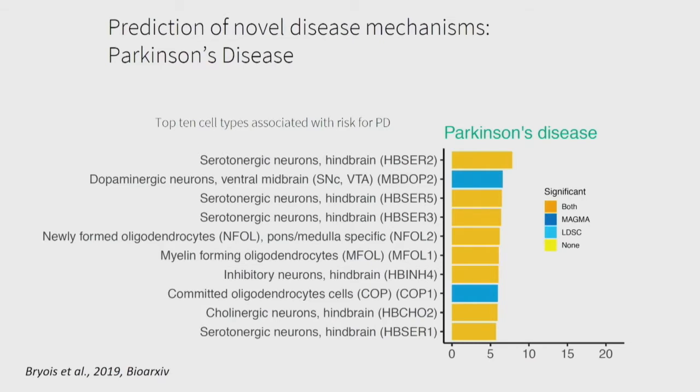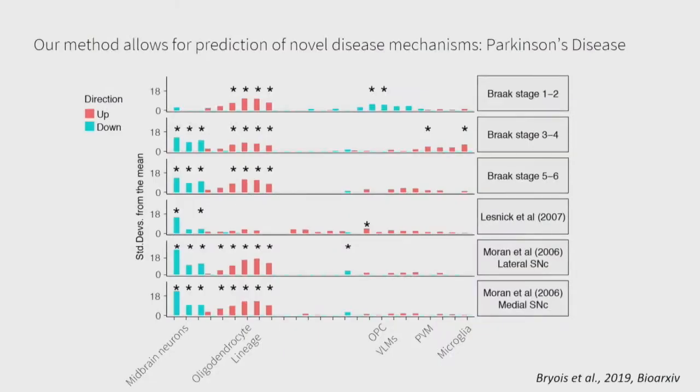It turns out, if you go back to really old data, there is some data on oligodendrocytes being affected in Parkinson's. But what we did is that we went to bulk sequencing samples that have been published. So when you have Parkinson's, you can divide it into different Braak stages. And if you have a very early Braak stage, this is before you see dopamine neuron loss. And it turns out, if you look at the bulk sequencing samples,